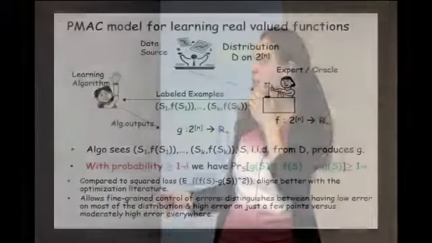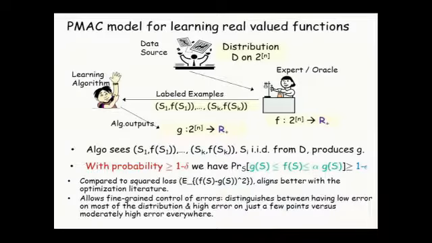Is it obvious that this would be the natural way to measure correctness? That's a good question, actually. I like these questions. An alternative way to define success is to try to minimize the square loss, where here you would minimize the expected value over S of f of S minus g of S, squared. So this is the target function, and this is a hypothesis function. So why aren't we doing that?